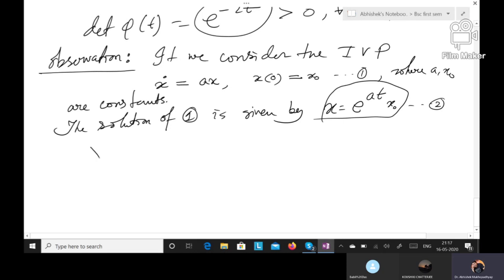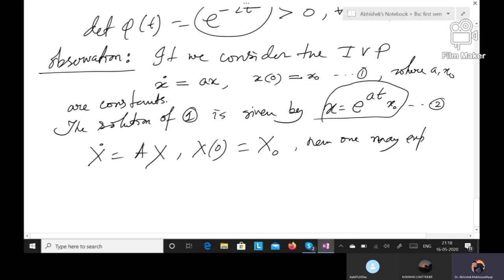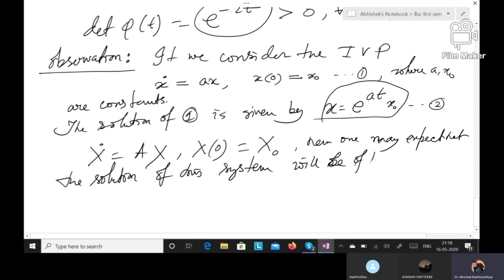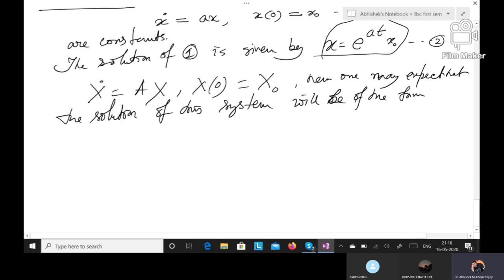That means if we have the system X dot equal to AX with the initial condition that X at 0 is X naught, then one may expect that the solution of this system will be of the form X equal to e to the power AT X naught,